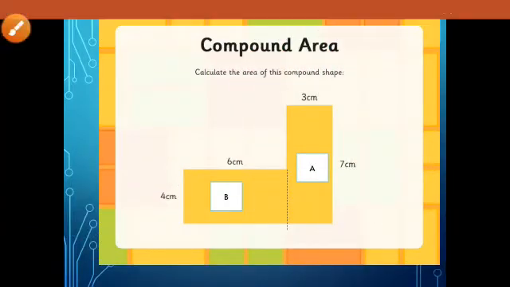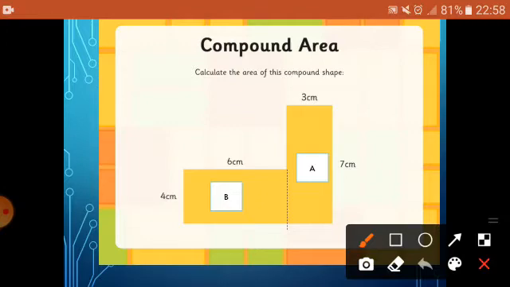You can see now I have broken this shape into 2 parts, shape A and shape B. I just gave the names, or you can say rectangle 1 or rectangle 2. It's up to you, whatever name you want to give. So this is shape A. I just drew the dotted line over here, and shape A is separated out by 7 centimeter length and 3 centimeter breadth, and shape B is separated by 6 centimeter length and 4 centimeter breadth.